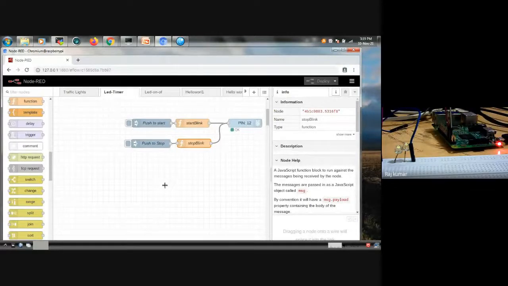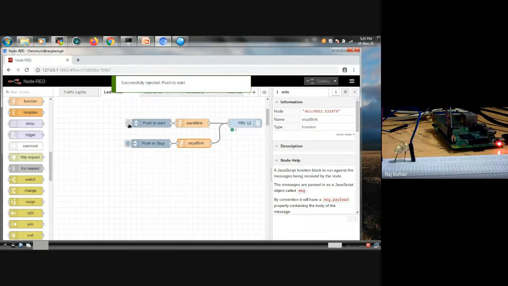Now, please have attention and focus on this video. I'm going to inject the push button, push to start. See, it keeps on blinking unless we click on this push to stop button.